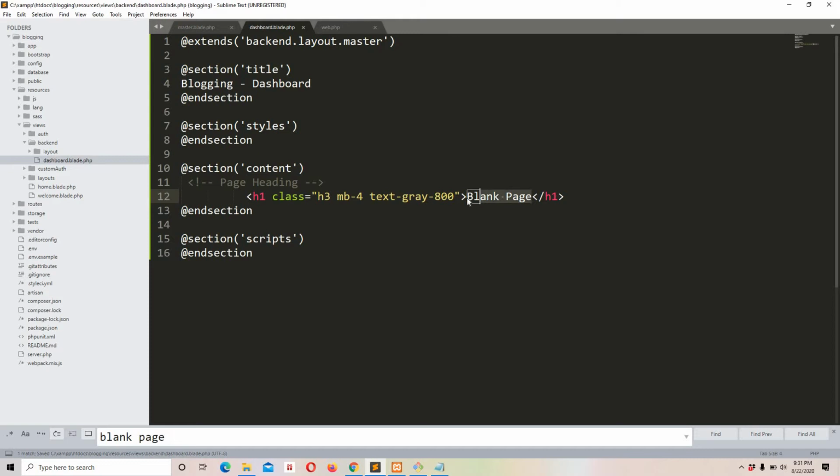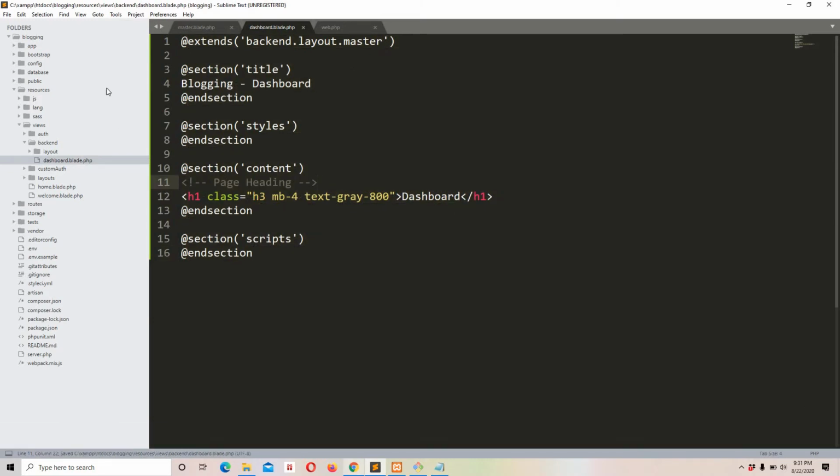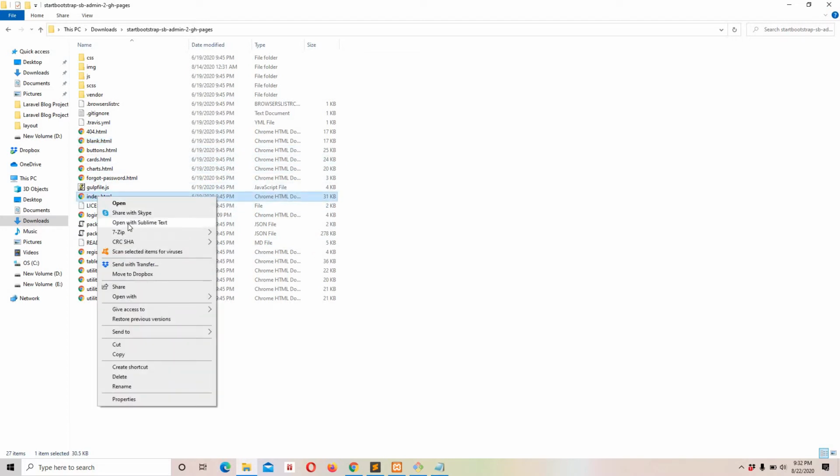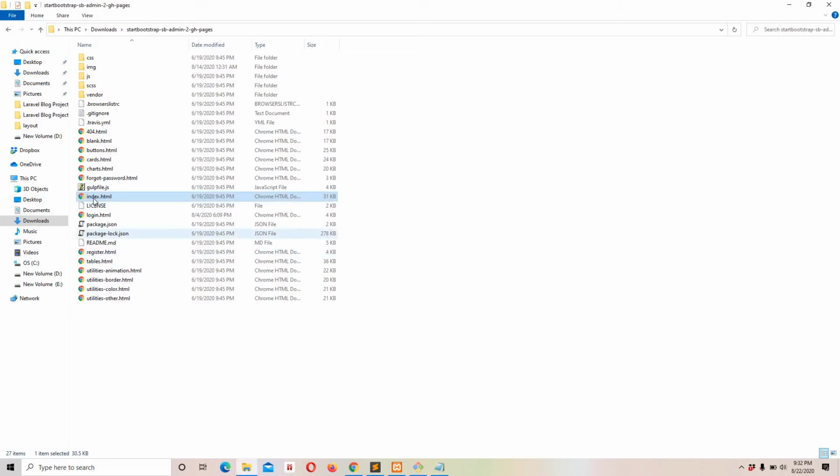Now let's place a heading, dashboard. That makes sense. Let's align our code. Simple. Okay, let's refresh, and now you will see the changes. Okay, right here you can see the title, the heading, and here we are going to have our dashboard related page content. And for that, once again, for the configuration of dashboard page, I will move to again sbadmin2, and this time I'm going to access the index.html. Let's open it with Sublime, and let's open it with Google as well, so I can show you what we are going to do.